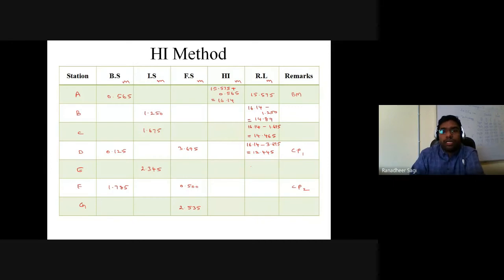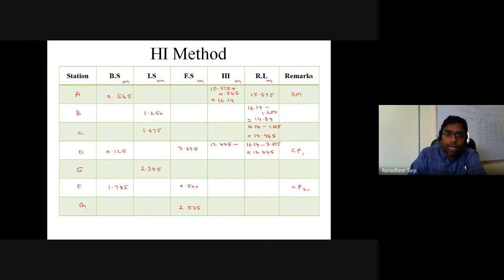12.445, right? Now at point D, what is it that we could see? There is a shift in instrument. Whenever there is a shift in instrument, calculate your height of the instrument. Now, what becomes the height of the instrument? My height of the instrument is nothing but the RL value of point D, that is